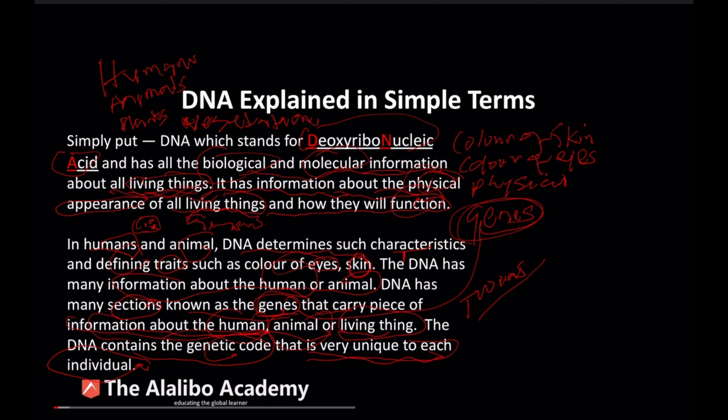So genes are segments of your DNA, right? They're in sections. The genes are segments of everyone's DNA, and that gives us the physical characteristics, like we were talking earlier, that make us very unique human beings. And this is very important for us to note as well, because the DNA is a very important component in every human being. It's a very complex molecule, which has all the information that we need.